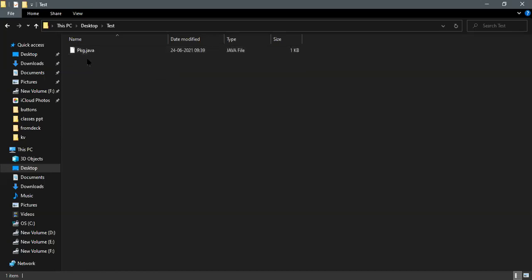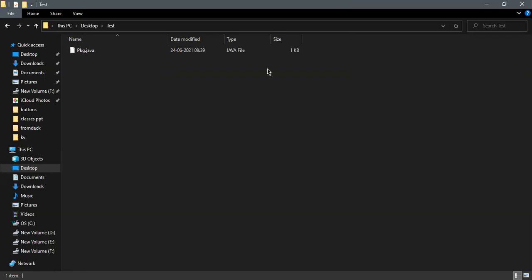In the previous sessions, in the first classes, I showed how to run a program manually. But in the case of a package, a folder will be created with the name pack, and inside pack the class file will be created automatically.